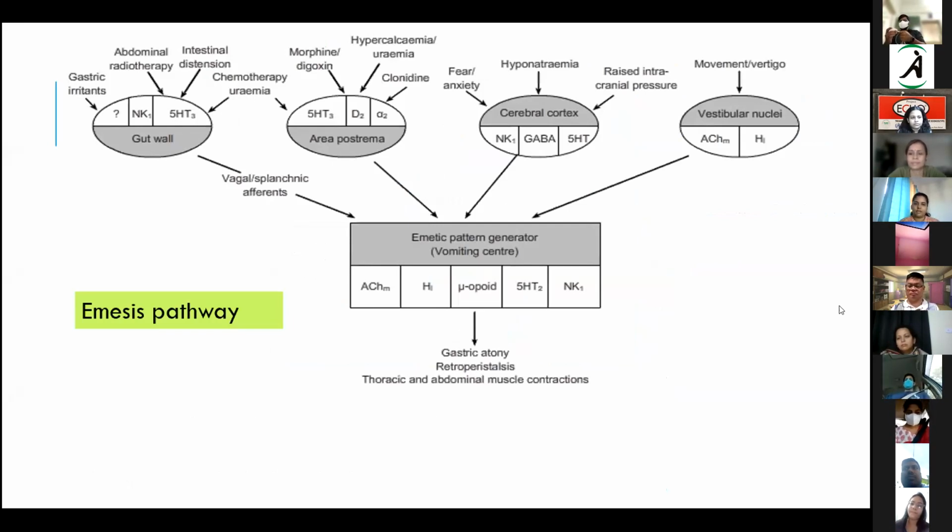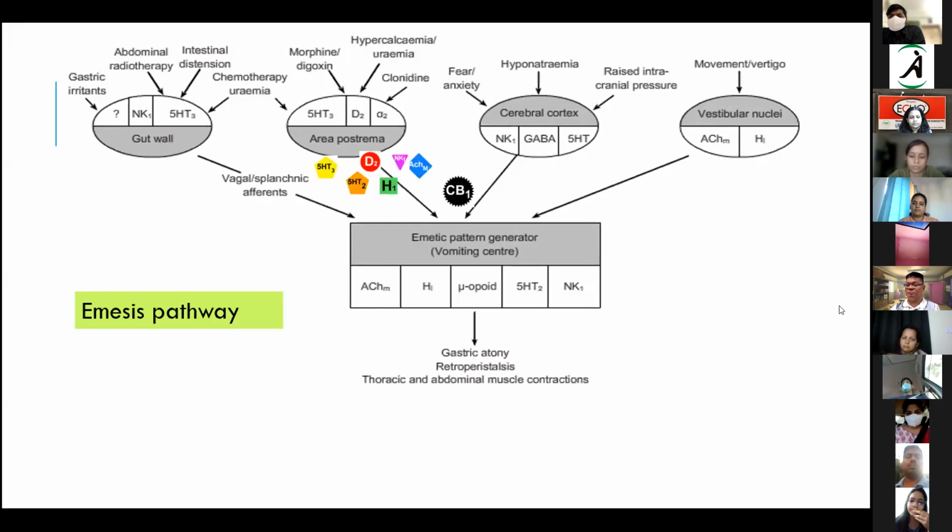It is important for us to identify the different neurotransmitters at different sites so that when we are trying to assess and manage, we can use medications directed at these neurotransmitters rather than a generalized approach. That way, we will have better control over the symptom because we are giving targeted treatment and not a generalized treatment. The major common receptors are 5-HT3, NK1, dopamine, alpha, then acetylcholine and the mu opioid receptors. It is mainly through these receptor points that it is mediated.